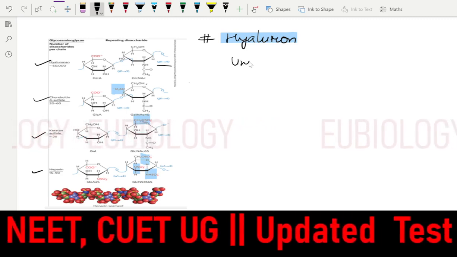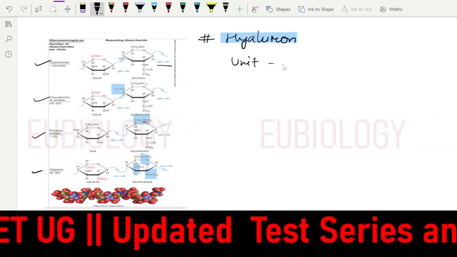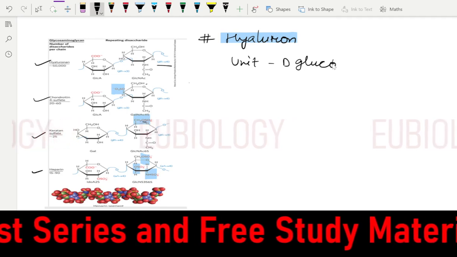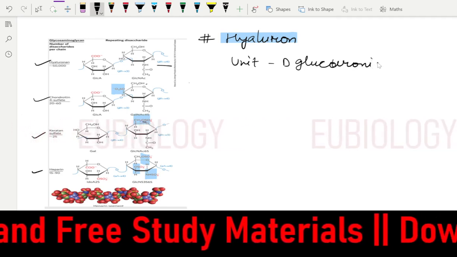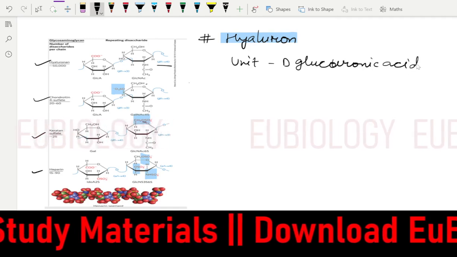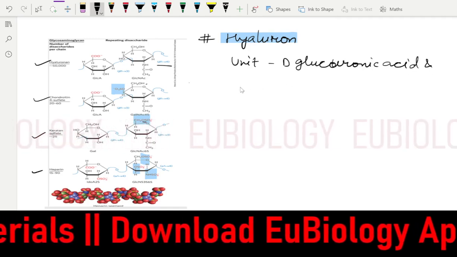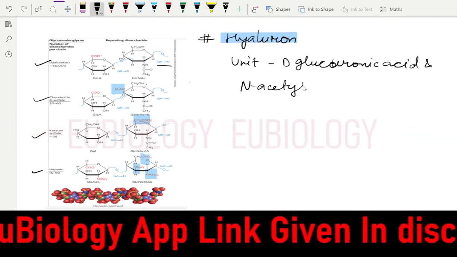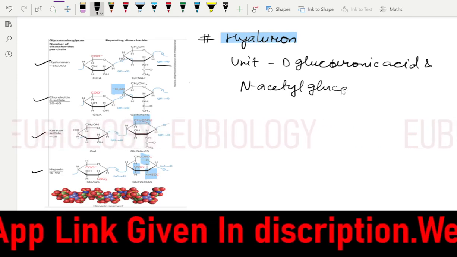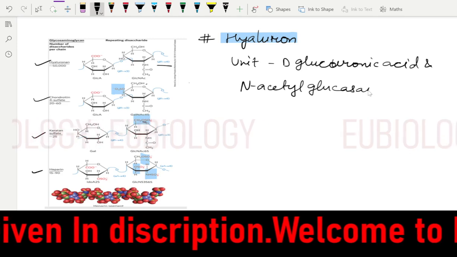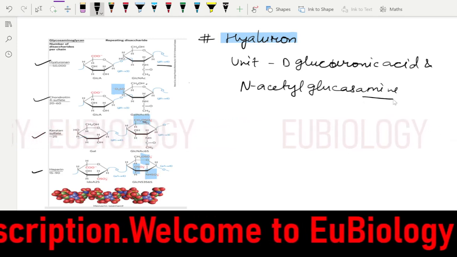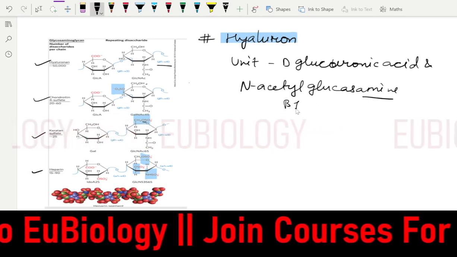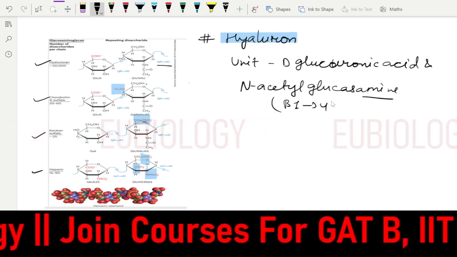So here you can see the bond you will get is the beta 1,4 glycosidic bond. Okay,